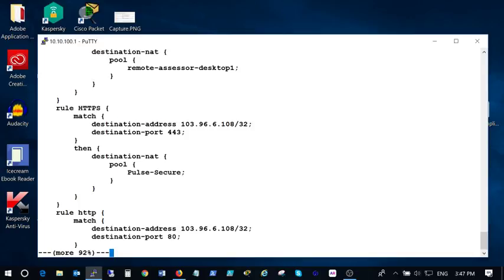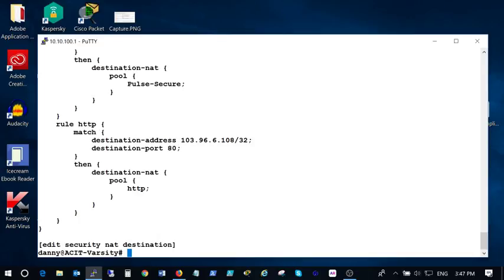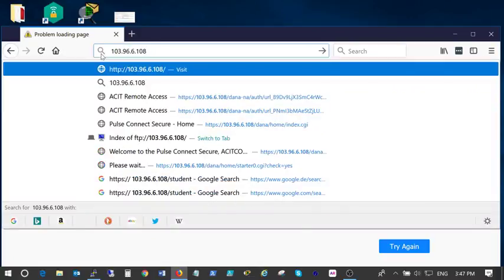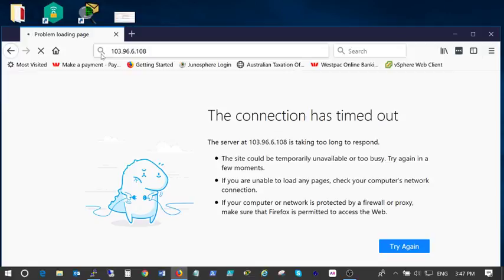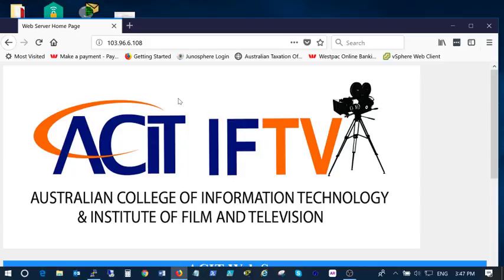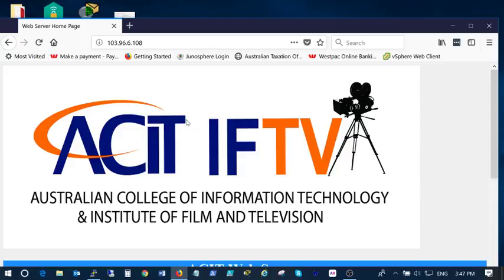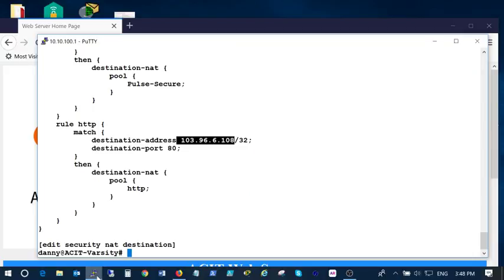What else have we got down there? HTTP, here we are. If I was to HTTP to that address, what would happen? That should work, shouldn't it? Maybe, oh, there it is. There's our ACIT web server. So actually what's happened is we've been translated to an internal web page right there, which matches